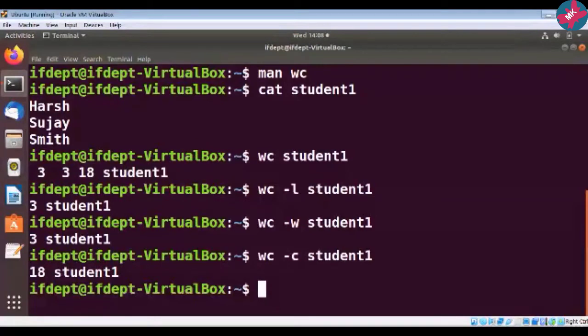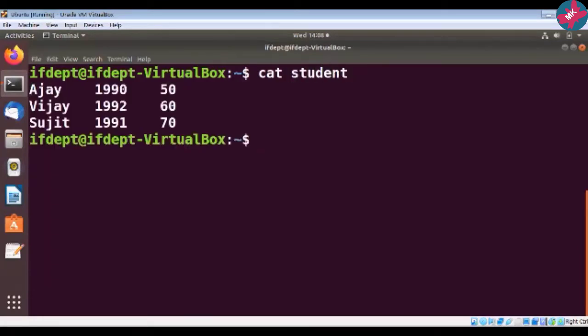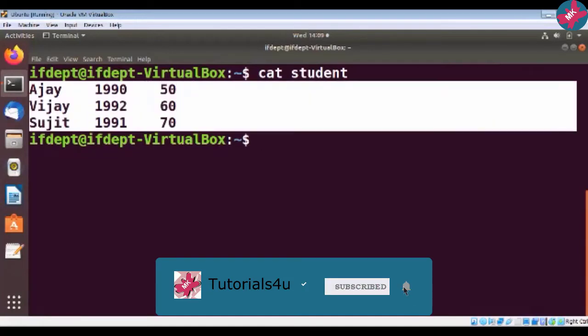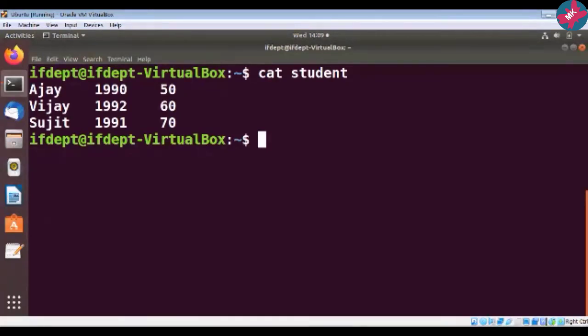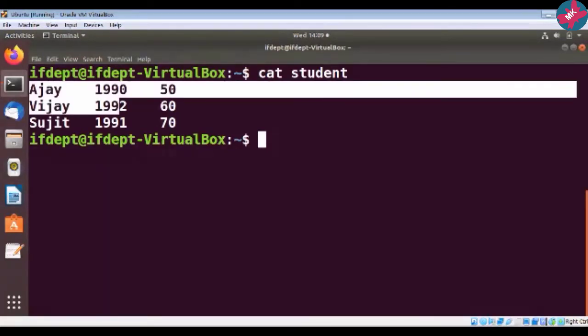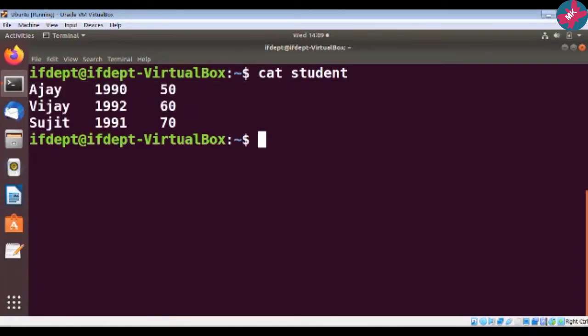Now after this command, we will see the next command, that is our cut command. For that I have created some file that I want to show you first. Suppose I have created this student file with the student name, birth year and their marks. Suppose I am interested in cutting only the first and second columns from this given file.